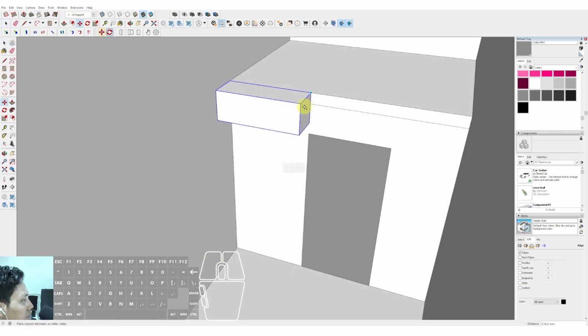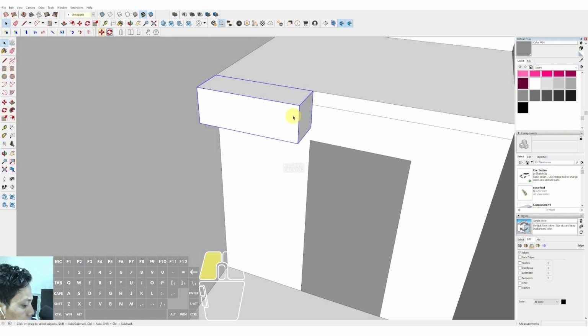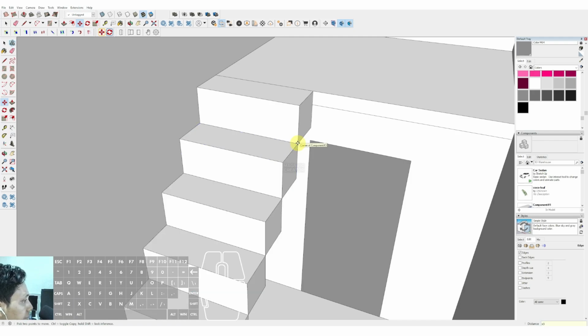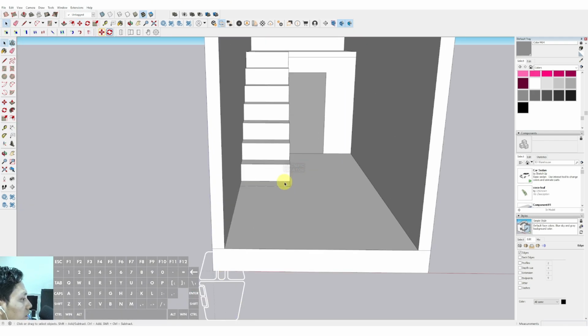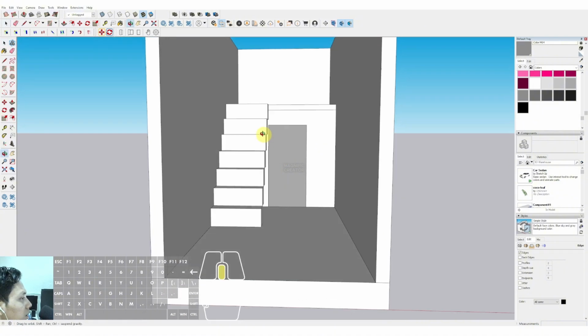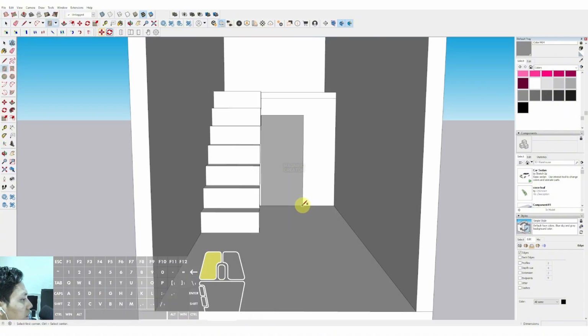Okay, then we can select move, type control. We can make a component first, create, and then we can select move, type control, place it to this position. Then we can type X9. Okay, so this is the loft bed area. This is the